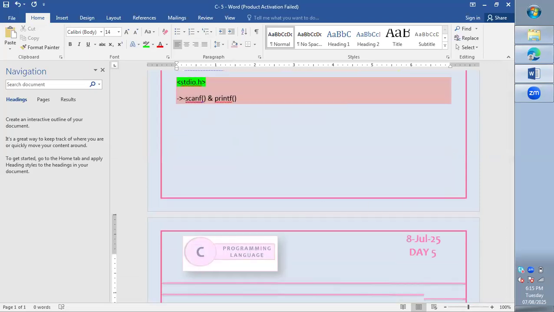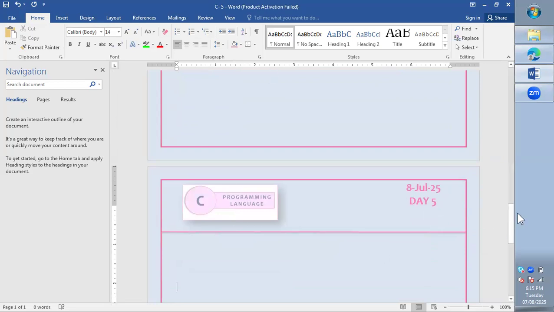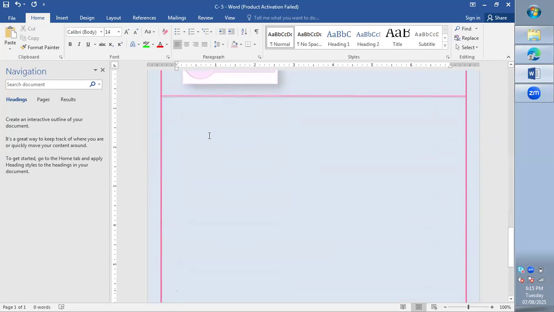So how do we write a C program? Whenever we write a C program, the first line is the preprocessor directive, which we write for including any header files. And then the main function,